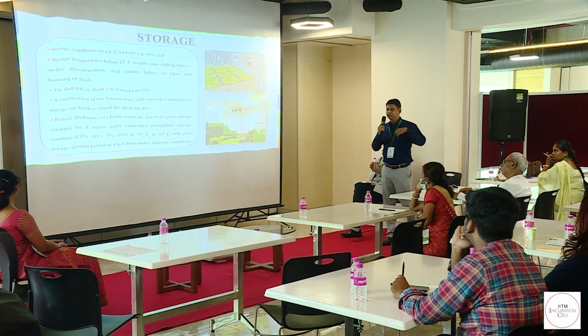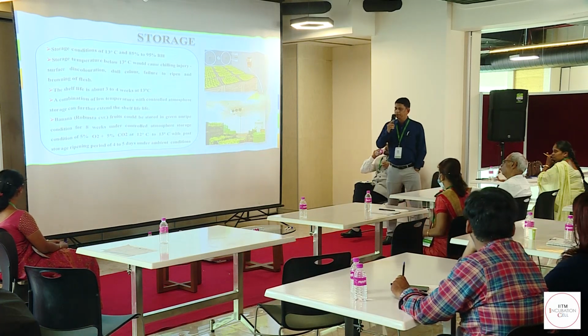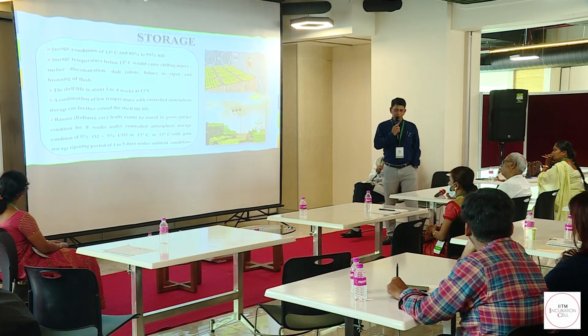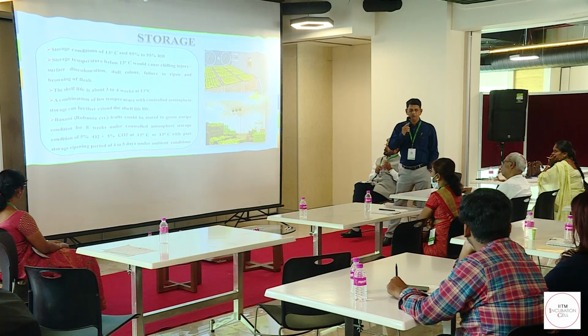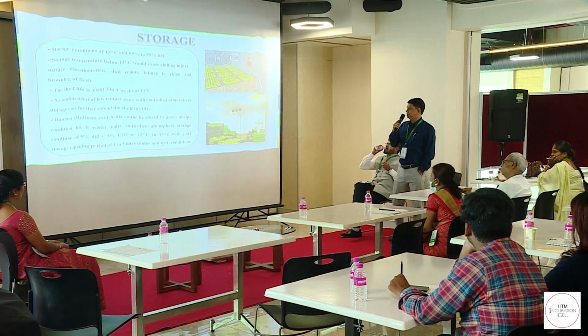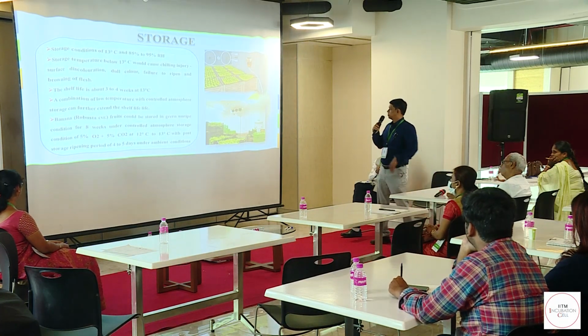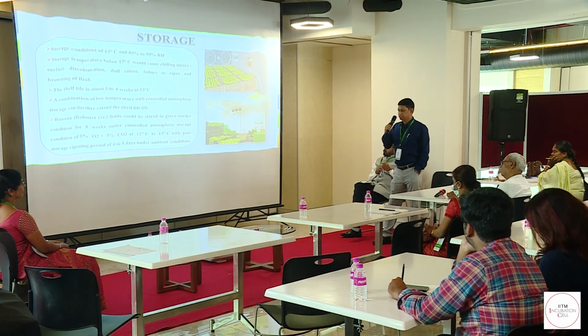Another way of extending the shelf life is controlled atmosphere storage, by optimizing the gas composition to 5% CO2 and 5% O2. We can extend it still further to 8 weeks. So these are the different methods of extending the shelf life to almost 8 weeks. Next one. This is the picture of the cold storage, where we can keep the fruits in a stacking pattern.